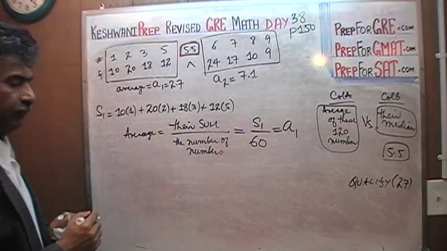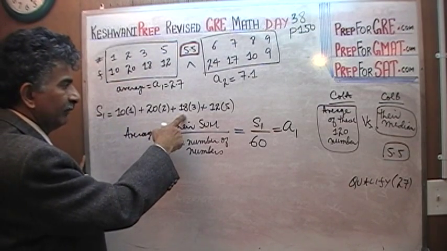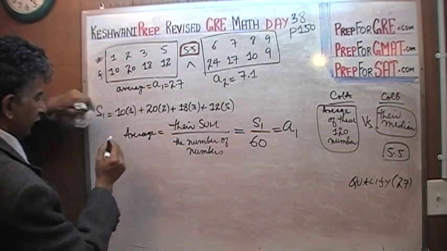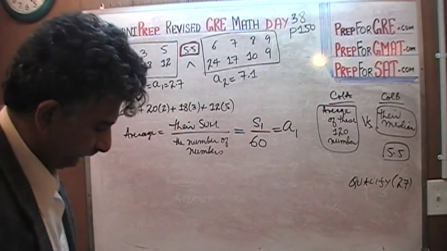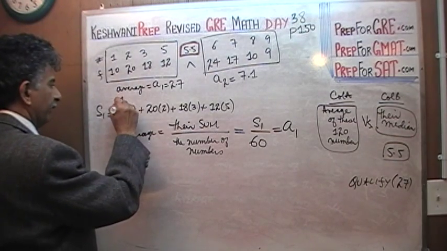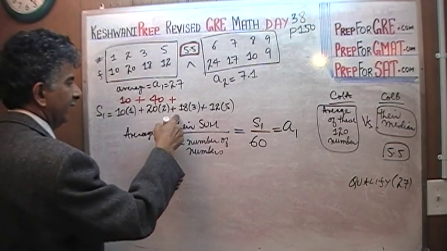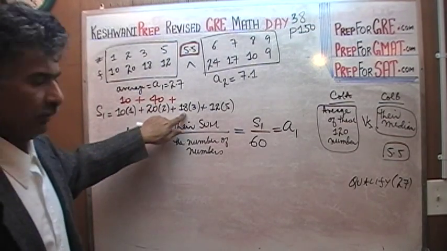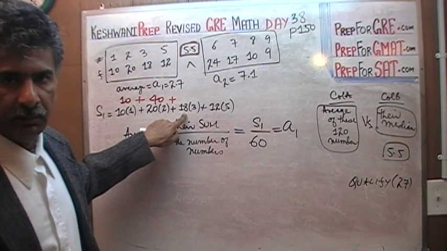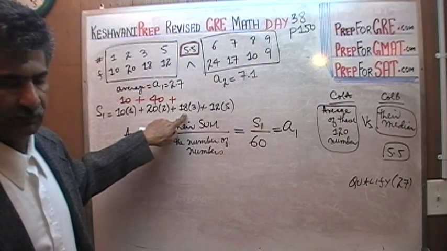If you don't believe me, do it out. I'm going to do it in a different color so you can see it. 10 times 1 is 10, 20 times 2 is 40, 18 times 3, I don't know what 18 times 3 is, but I do know that 20 times 3 is 60, therefore since 18 is 2 less than 20, it must be 60 minus 6, which is 54,